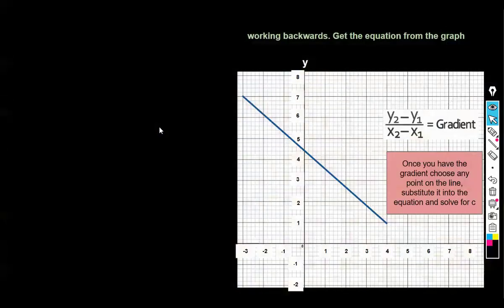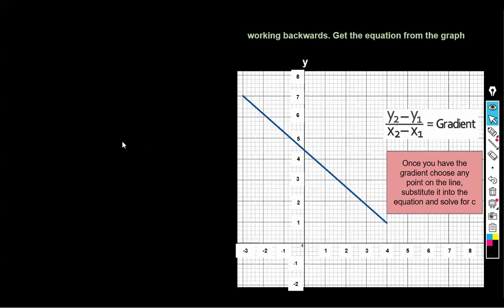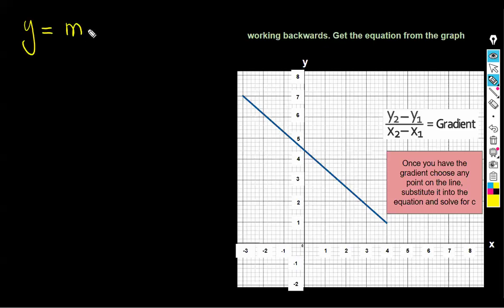All right, and this is where we start. So it's a brand new question, and it's one of those reverse questions where the examiner has given you the straight line, and it's your job to work backwards to get back the equation of the straight line. So when the examiner draws the straight line for you, remember, the equation of a straight line is what? y = mx + c. And your job is to find m, and your job is to find c, where m is your gradient and c is your